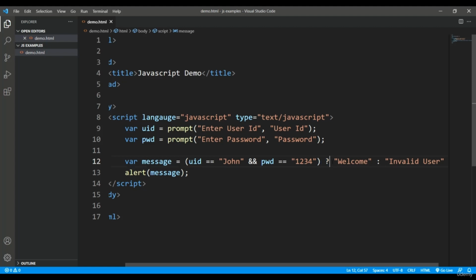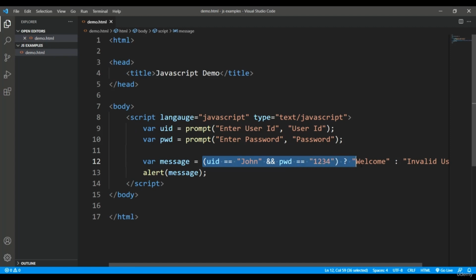The first operand is the complete condition, which will return a Boolean value, that is either true or false. If the result is true, then the second operand is returned, or if the result is false, then the third operand is returned. So basically in this particular operator, the first operand is evaluated, and according to that the second or third operand will be returned